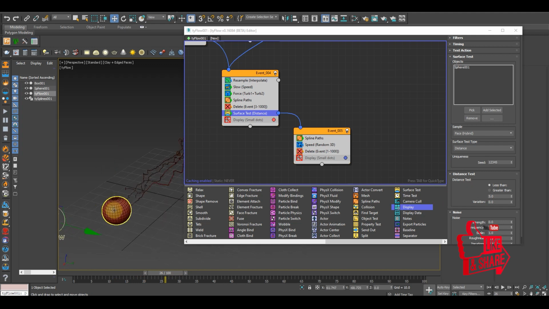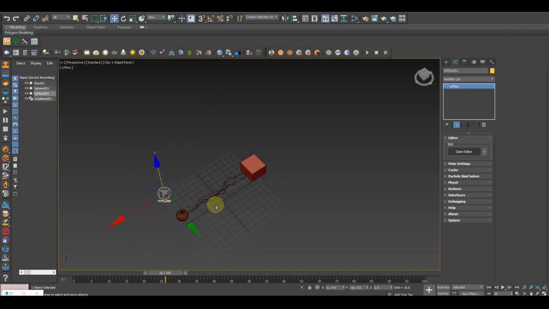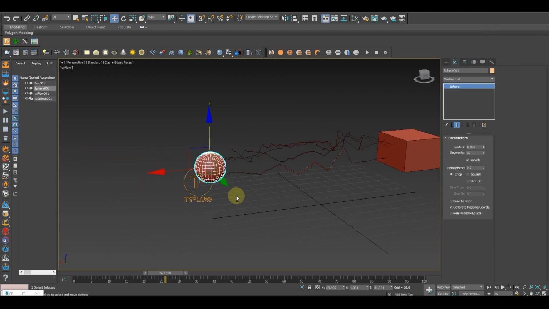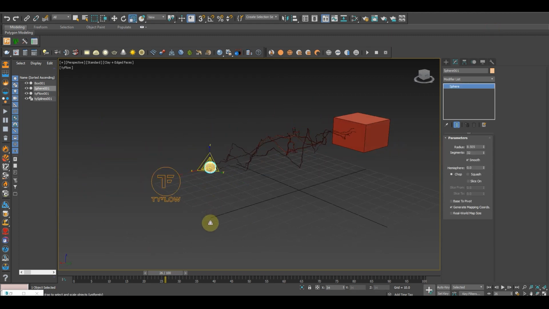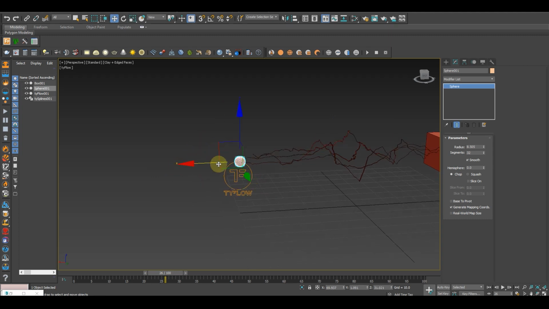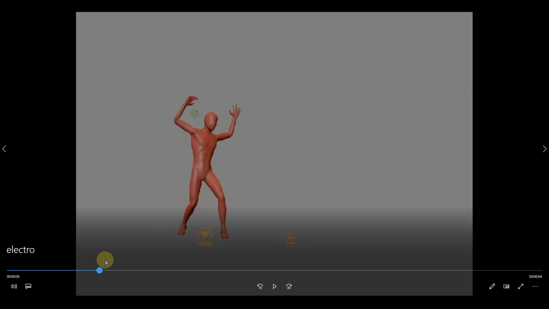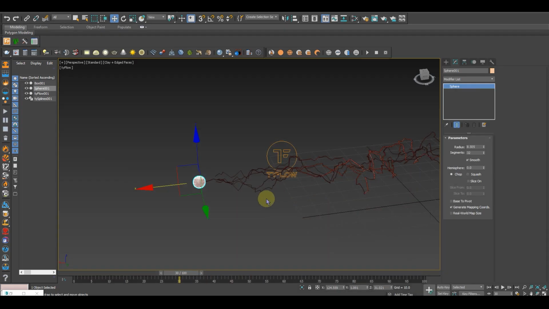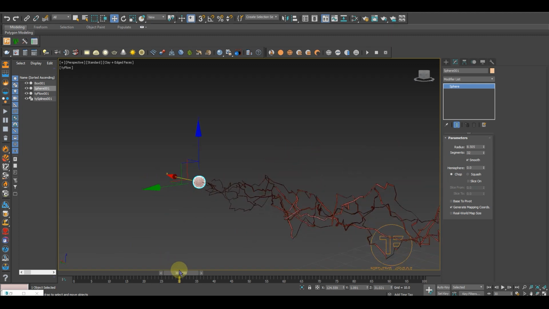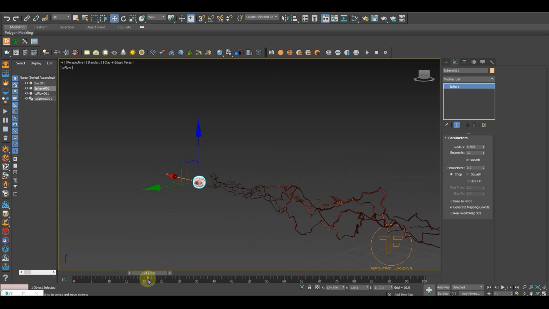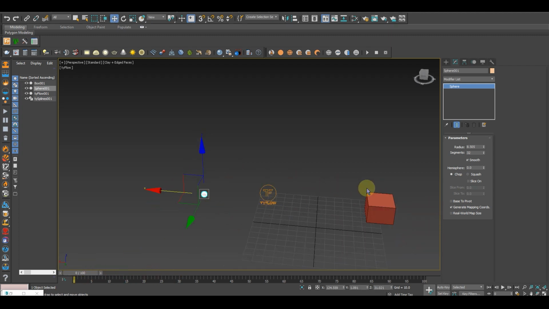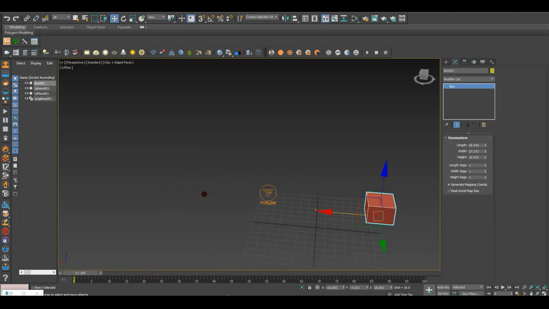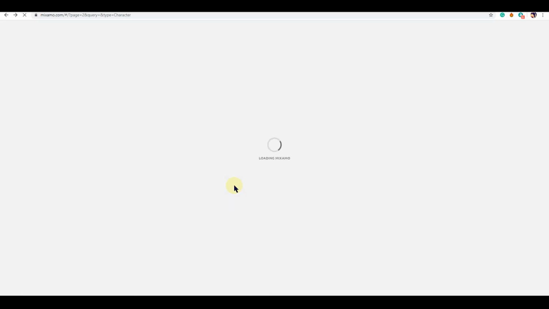Now just to keep a bit of distance, so I use this. So if I simply scale it down, put this thing a bit forward, you will see it throwing electricity, just like the character called Electro or Thor from Spider-Man and Avengers. So I have to simply animate this thing with the character, or link this thing to a character. So for the animated character I'm using Mixamo,